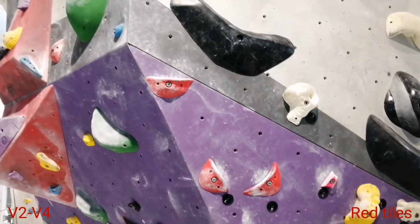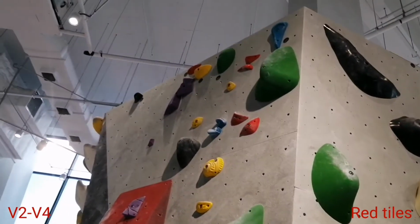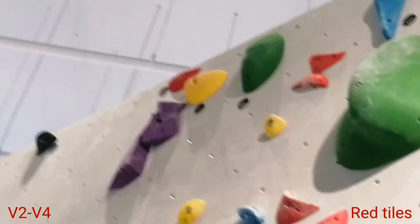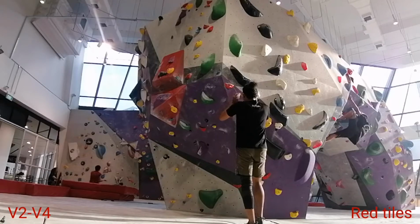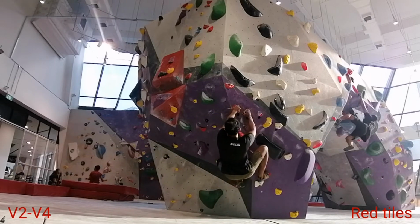The last V2 to V4 I tried consists of all these crimps all the way to the top. So same holes all the way. So it looked pretty straightforward, but actually it's a little bit deceiving. So as you can see here on my first attempt,